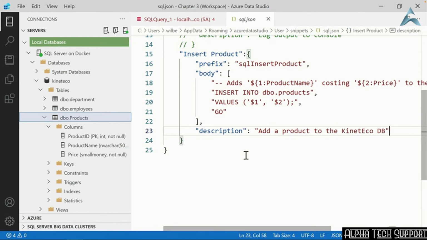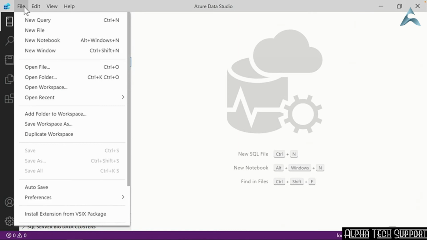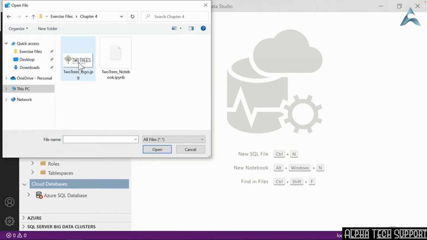back out again. Support for interactive notebooks is an exciting feature of Azure Data Studio, but rather than just tell you what they are, let's just jump right into one so we can see it in action. I'm going to go up to the File menu and choose Open File, and then I'll browse into the Exercise Files, Chapter 4, where I have a notebook file called